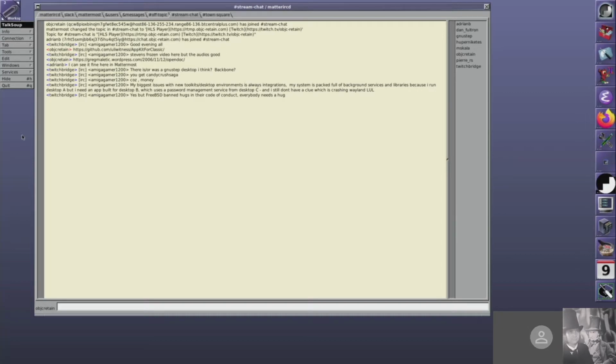Right. Amiga Gamer 1200 says FreeBSD banned hugs in their code of conduct and everybody needs a hug. So